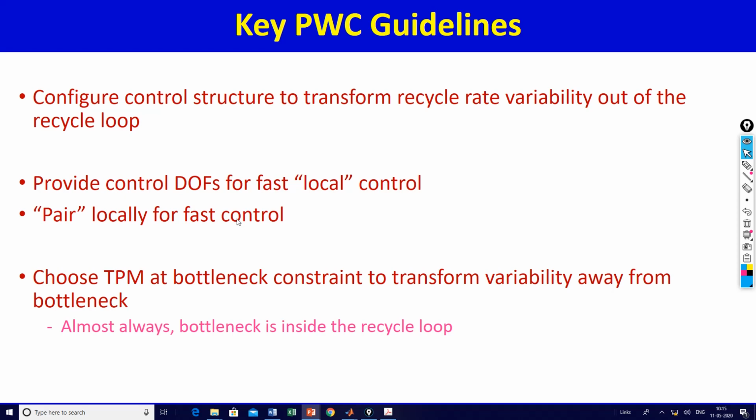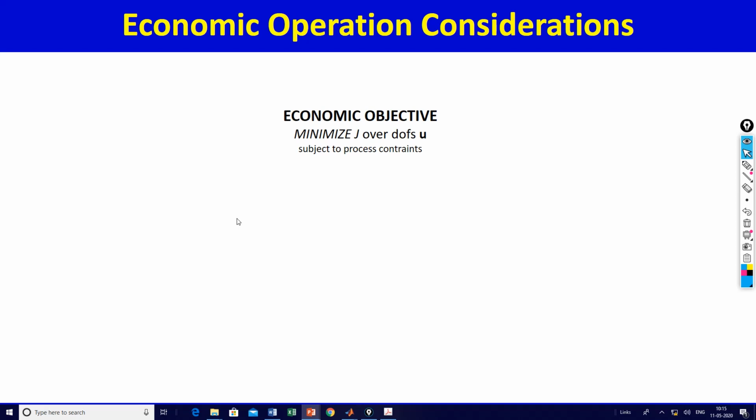Alright, now given a robust regulatory control system, the next issue is how do we ensure good economics? So economics will typically be reflected in an economic objective. So we may have, for example, minimize an economic objective J over the available regulatory layer set points, degrees of freedom U, subject to process constraints such as level limits, maximum temperature limits, limits on maximum and minimum flows, material, energy, quality, and so on and so forth. So there are all these constraints,